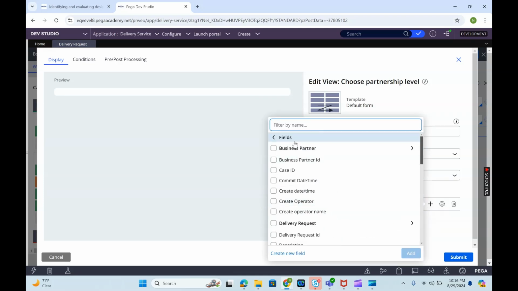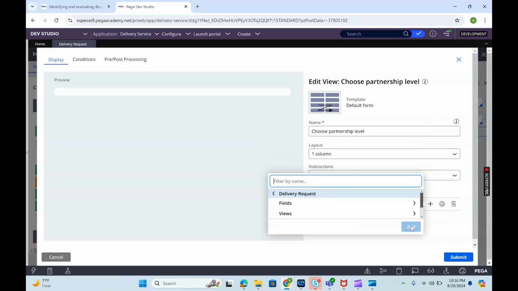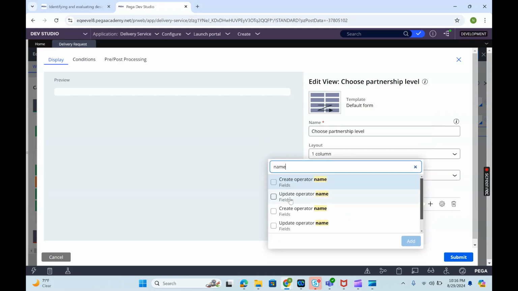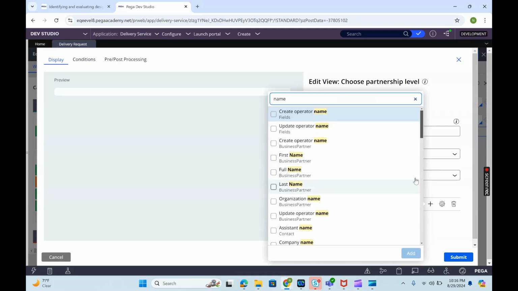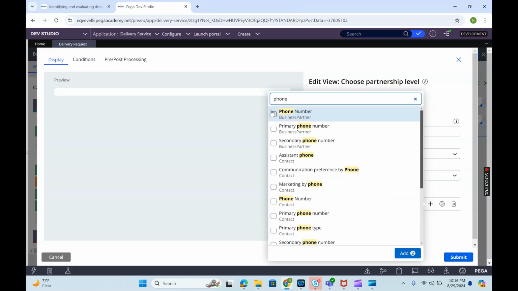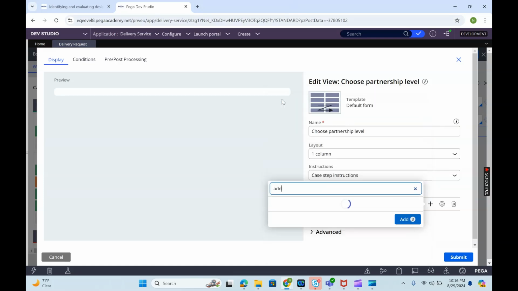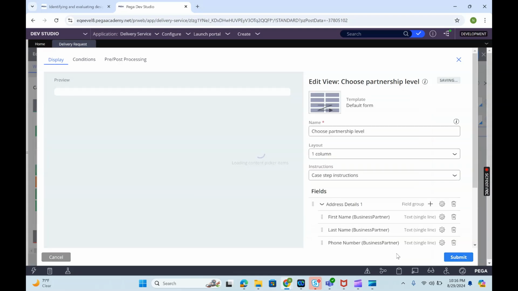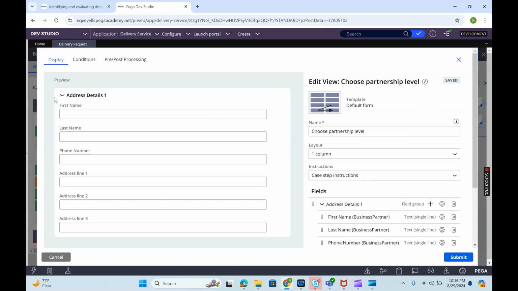Let me go here. I'm going to select the field called name. Let me select first name, last name, phone number, address. Let me choose 1, 2, and 3. Okay, let's do save. So now you can see on the left side, the collapsible, the expanded icon